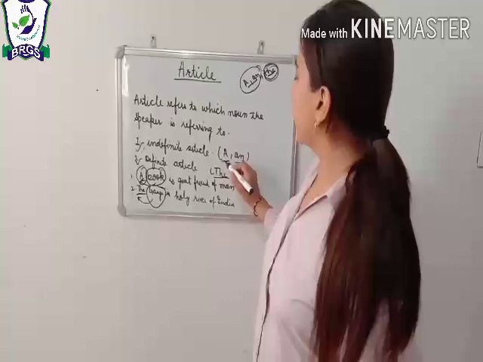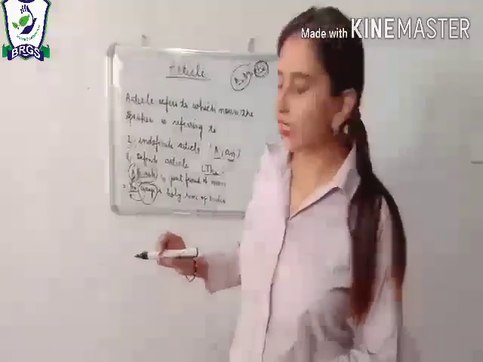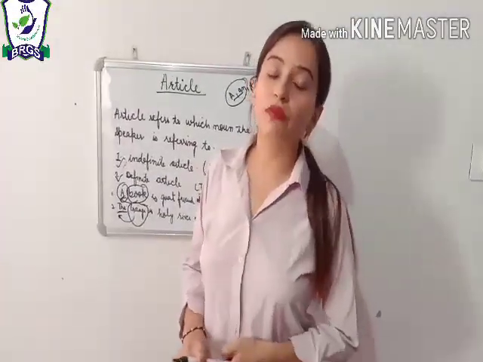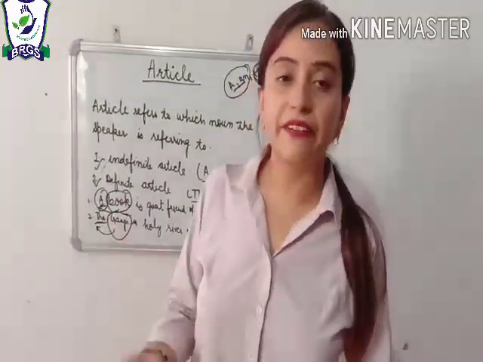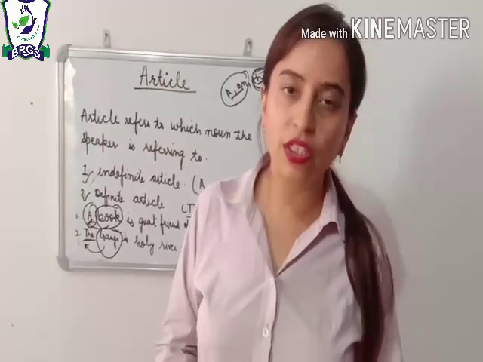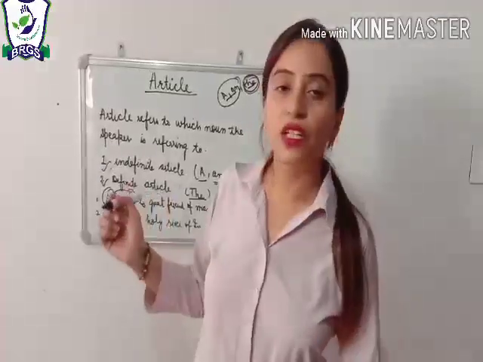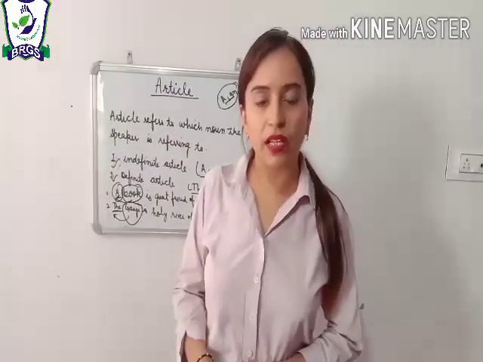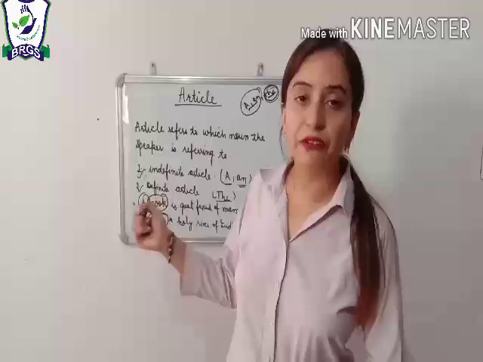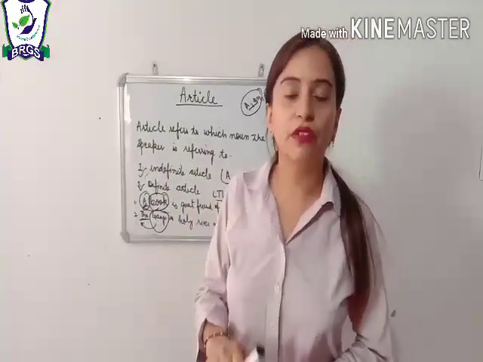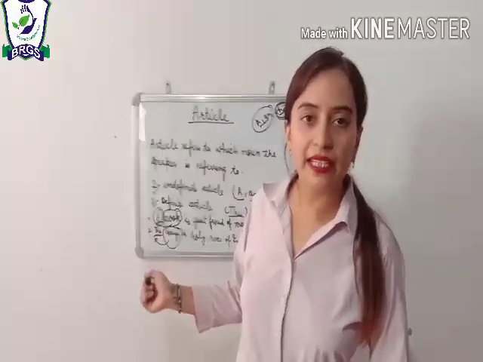Under indefinite article we have 2 articles, a and an. And under definite article we have 1 article, that is the. Now you will wonder what are definite and what are indefinite. What the word says itself, indefinite, which is not definite or which is not particular. A and an are used with the nouns which are not particular, that means which are common. And the is the definite article. Definite means which is particular, which is proper. So the article the is used when the noun is proper.